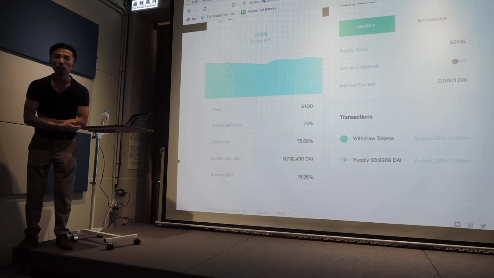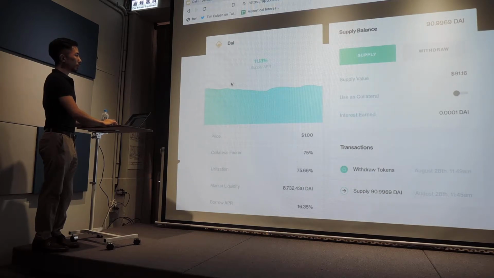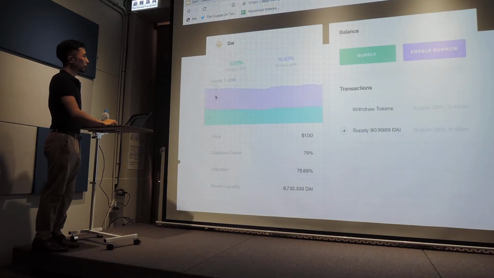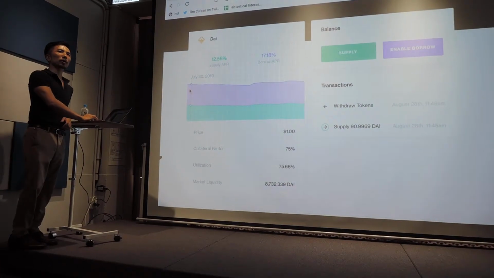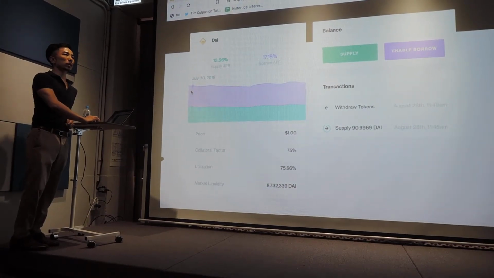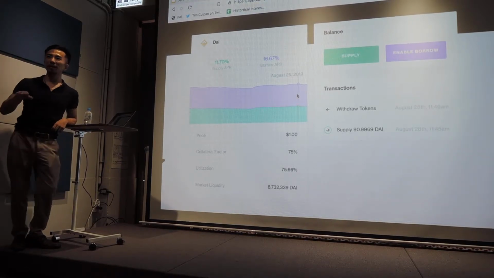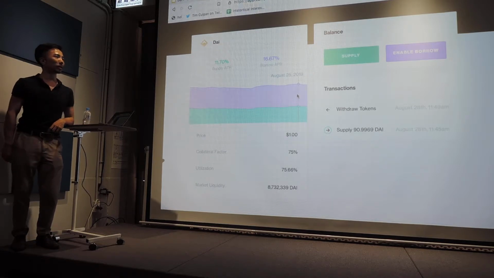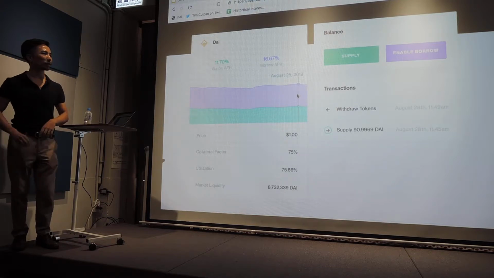Will the interest rate fluctuate? It does. So you can actually see the interest rate is market set. It depends on how many people are borrowing DAI, and you can see it fluctuates. So right now it's 11.13, but it used to be 12%. I think earlier this month, or last month, it was like 17%. So it does fluctuate. Right now it's very high, so I would suggest you guys start compounding as soon as you can, if you listen to Poming's presentation and you think it's safe.